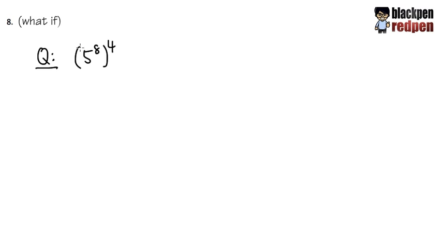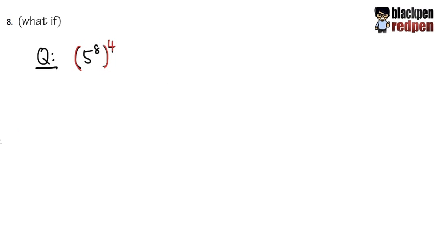And we are going to take care of the power on the outside first. Namely, we have the parentheses raised to a 4th power. Let's focus on this first. Parentheses raised to the 4th power. What does the 4th power mean? It means that we are going to write this down, whatever is inside of the parentheses, 4 times, and then